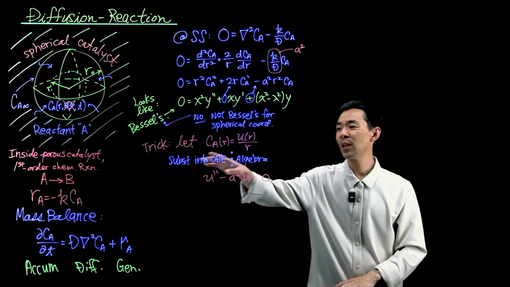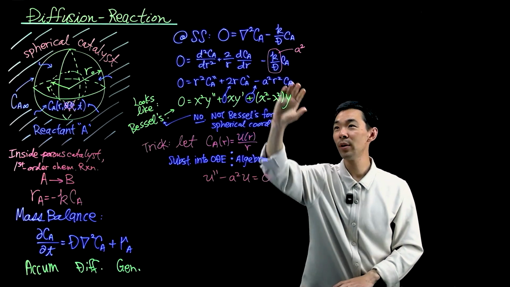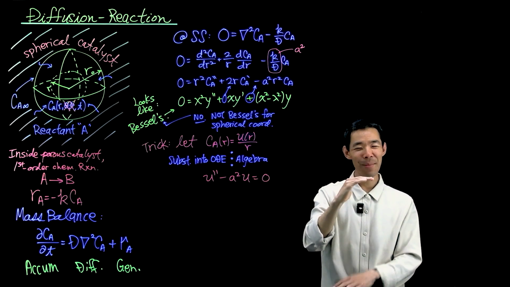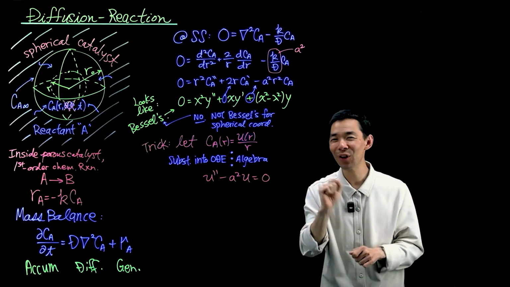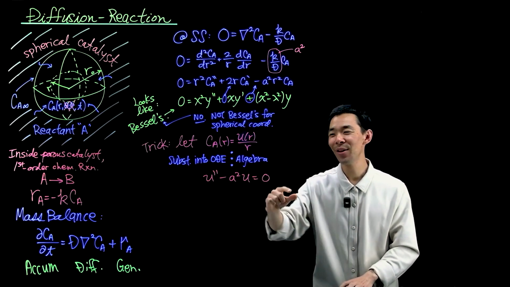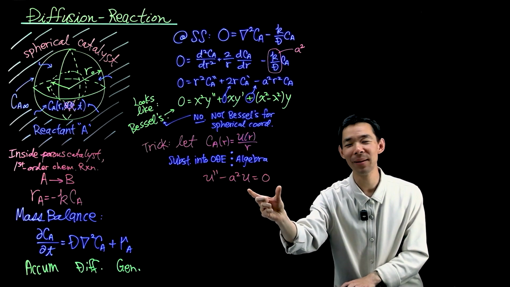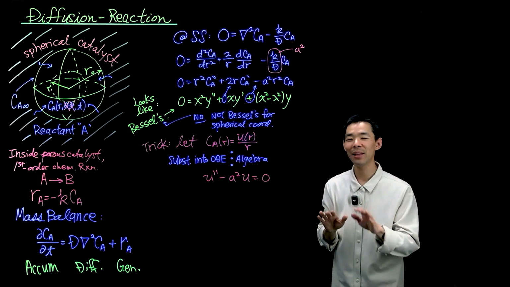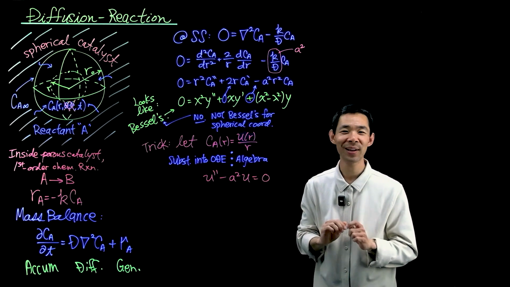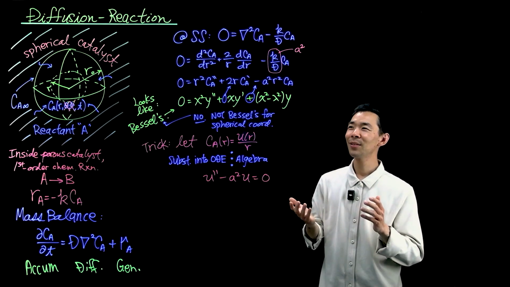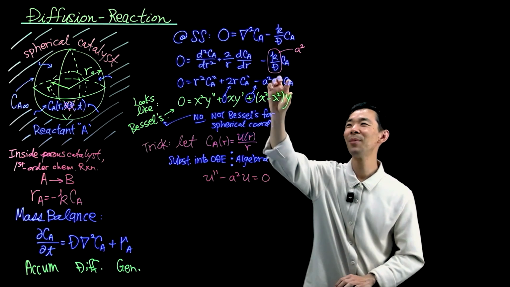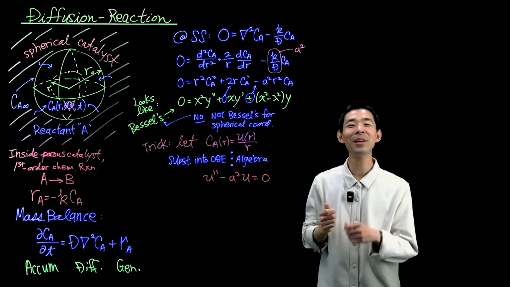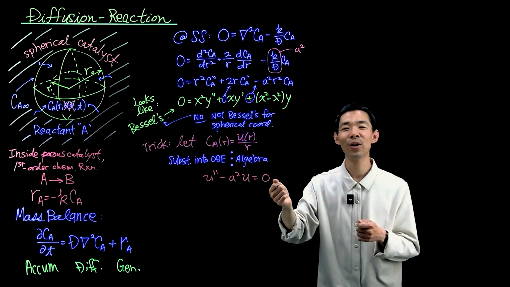So after substituting this form into the ODE right here, and you do a bunch of algebra, a bunch of terms are going to cancel. In fact, the curvature term is exactly going to cancel. And you're going to end up with the following ODE. U double prime minus a squared u is equal to 0. A linear, constant coefficient, second order ODE. So that's pretty cool. You went from non-constant coefficient ODE to a constant coefficient ODE, which we can solve very easily. Find the characteristic equation,